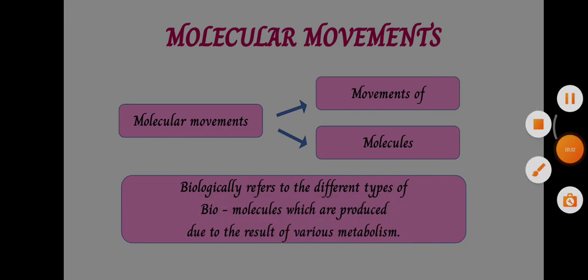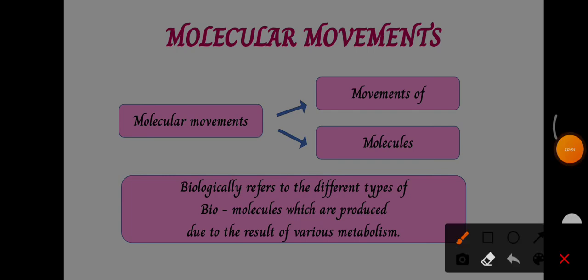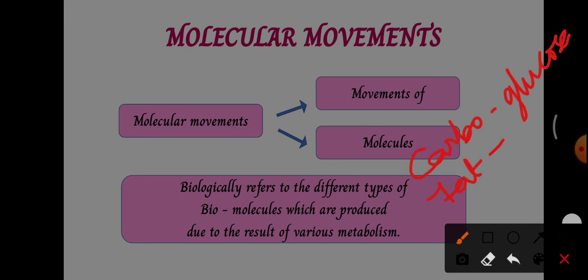So here we can see the end products of digestion are, so if we eat carbohydrate, the end product will be glucose. If we eat fat, the end product will be fatty acid and glycerol. And if we eat protein, the end product will be,